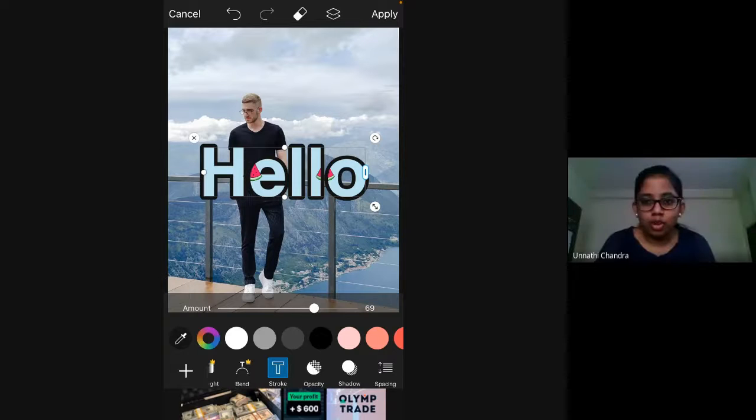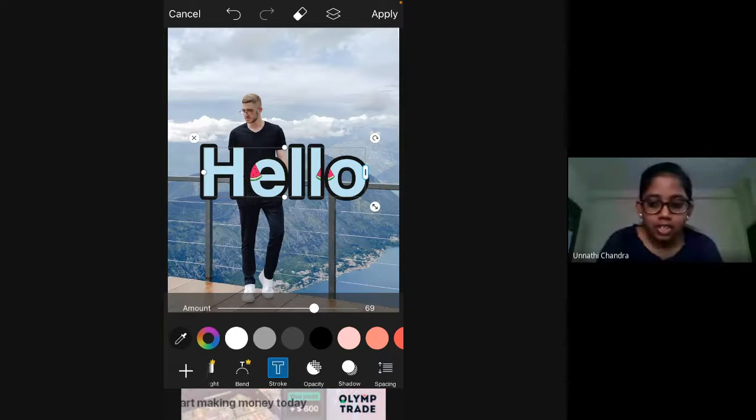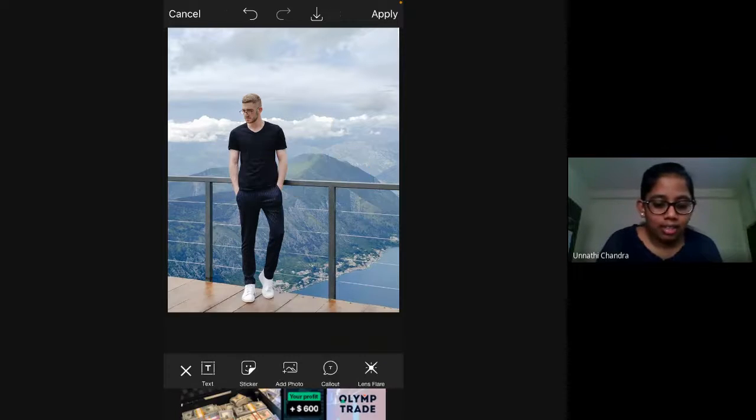So you can select this stroke option. You can increase or decrease the border, anything. And